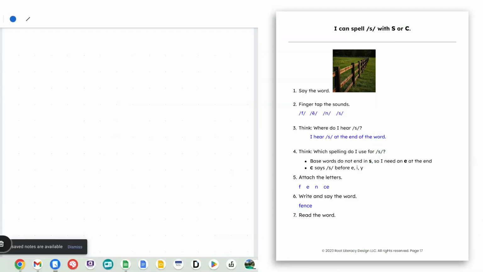Today, I'm going to teach you how to spell words using the letter C or the letter S, using the sound S. So we always have our students say the word. The word is fence. We would finger tap the sounds. Attach the letters F, E, N, and I hear this S sound,